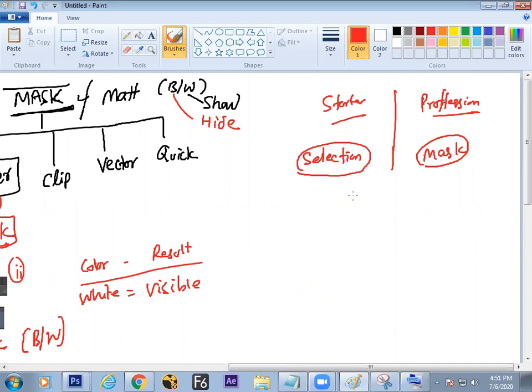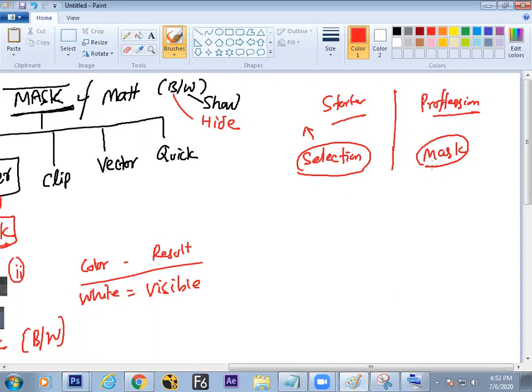Because the client will always require modifications. At that time, the first technique will have to start the work again, but with the second technique you only modify. It saves your time. So Photoshop has two methods: starter level and professional level. Starter level is the easiest method. Whatever is taught in the classroom is the starter method. Easy to understand, but what is the difficulty? It is difficult to modify. The professional method is not easy to start, because you will be working somewhere and it will be visible somewhere else. My masking you can see now. But what is the plus point? It is easy to modify.